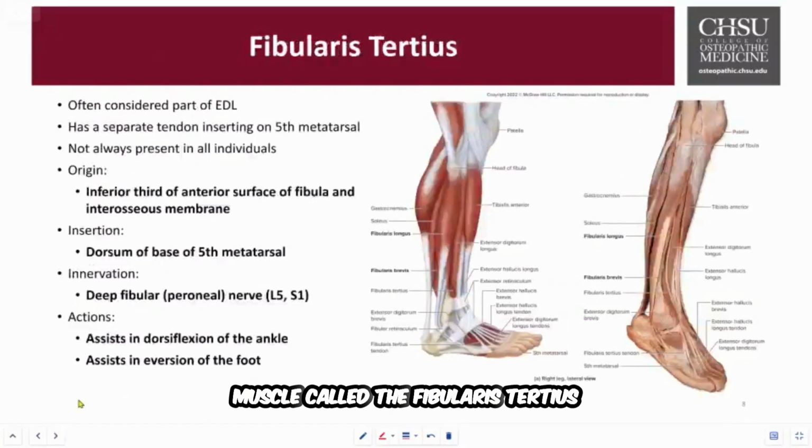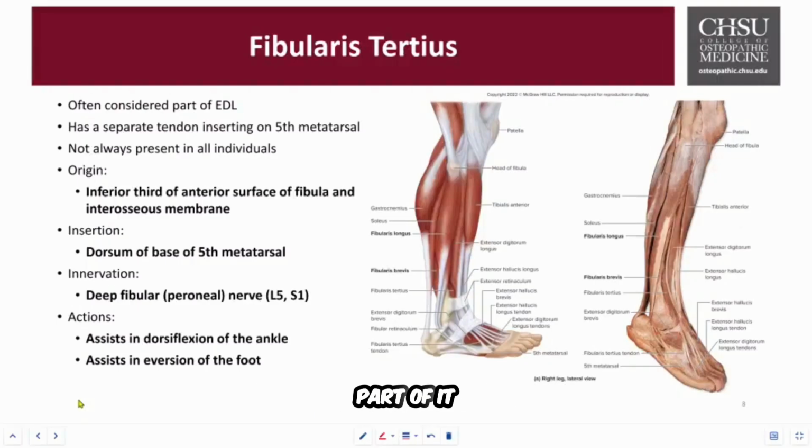Next, we have a small muscle called the fibularis tertius. This is a muscle that is considered an extension of the EDL. It's actually kind of part of it. It inserts onto the base of the fifth metatarsal and also plays a role in assisting with dorsiflexion and eversion. It is variably present in the population, so not everybody will have this, and it plays a role in foot stability,